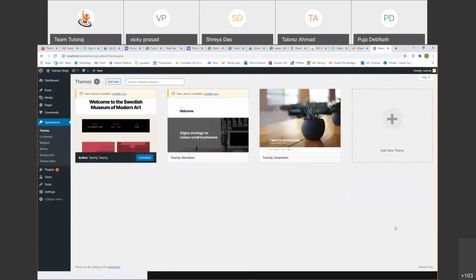In fact, you should get the exact same page like this because you would have also installed using Bitnami. For people who are using a different stack like XAMPP, I think the page may be a little different. But for the most part, you will get a page like this. You will have Twenty Twenty already selected. But for simplicity of this workshop and to ensure that everybody has the same setup, let us select 2019.